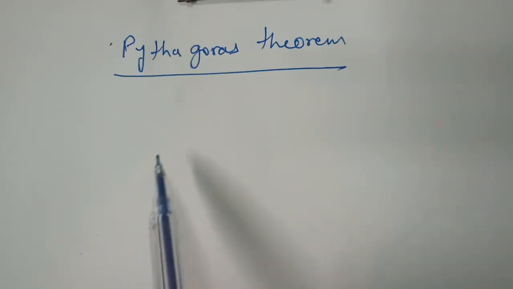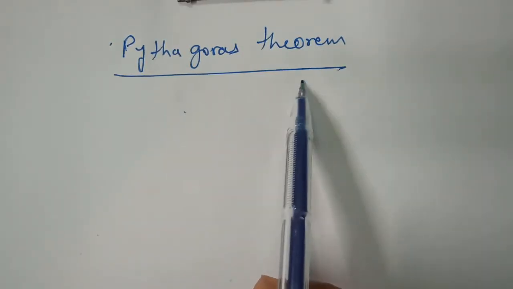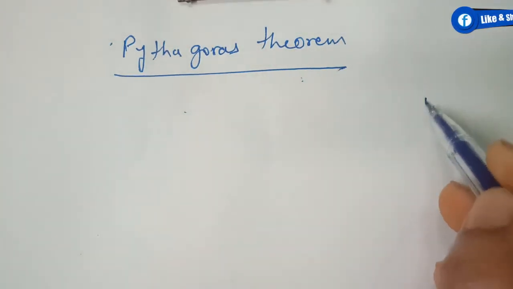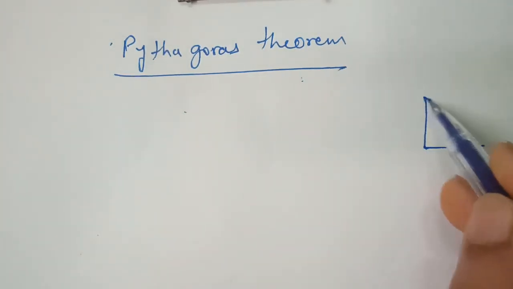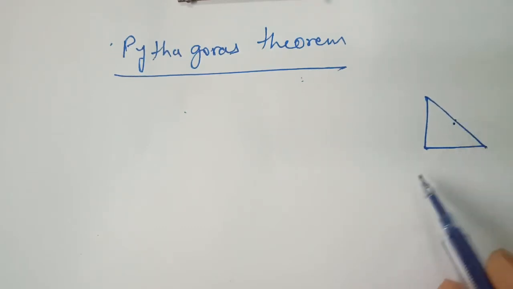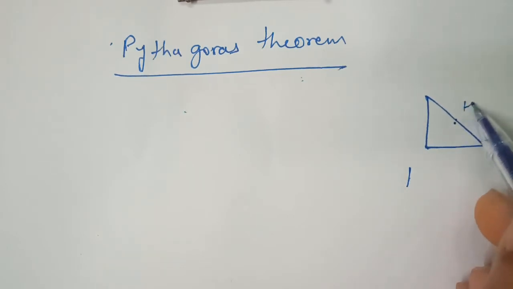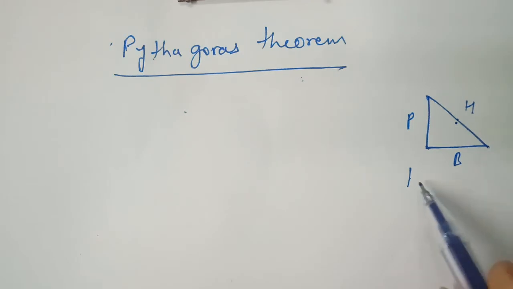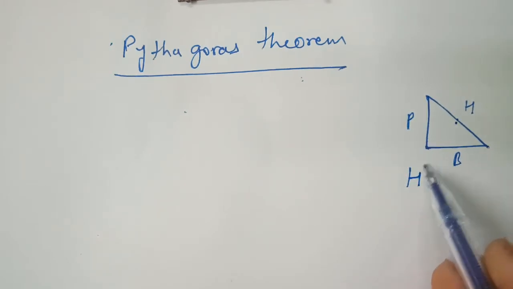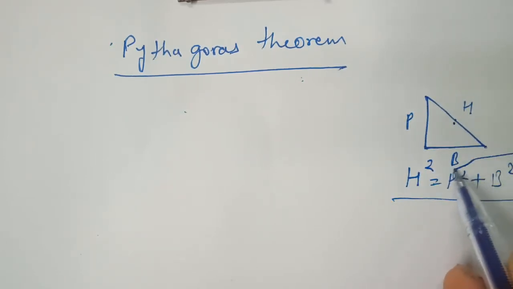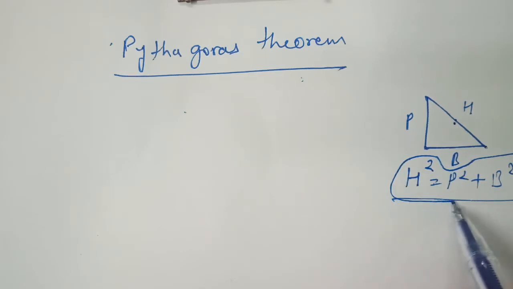Yes, students, today we are going to learn the Pythagoras theorem. So first of all, what is the Pythagoras theorem? We already know that in a right angle triangle there is a condition: the square of the longest side, if we suppose it as h, this standing line as p and this as base, then we have already learned in junior classes that h square is equal to p square plus b square. This condition we have learned as the Pythagoras property.